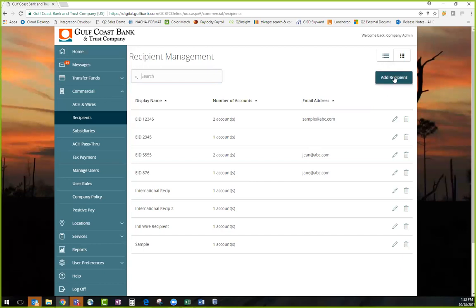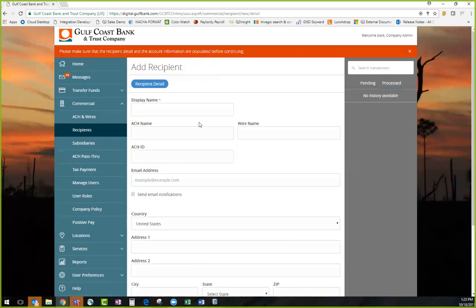So we can click on Add Recipient. And the first item is going to be display name. Now, this value is the value that you'll use to reference this recipient when linking them to an ACH or a wire within a one-time payment, or if you're linking them to a template. So for example, if you have employee ID numbers, we can say EID